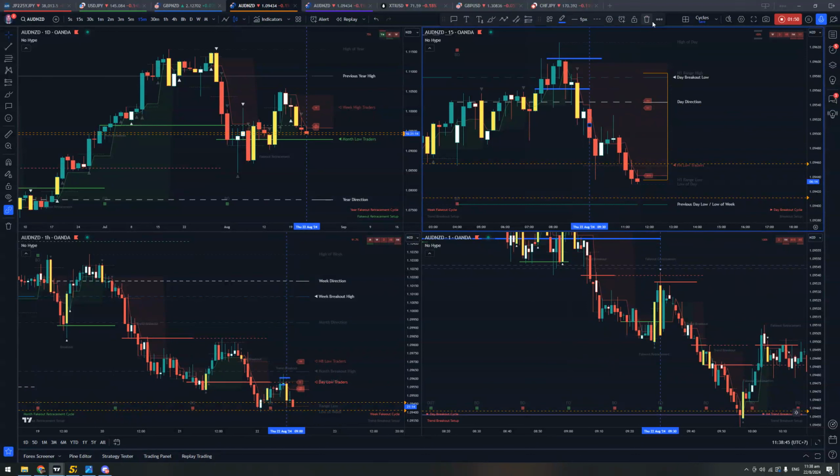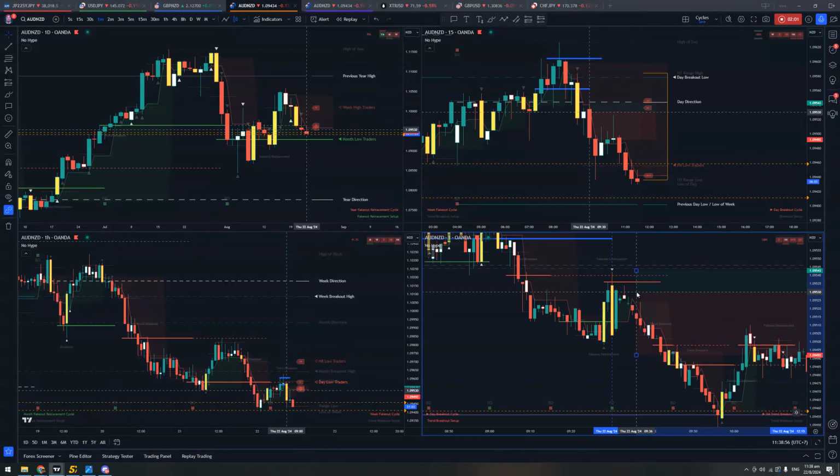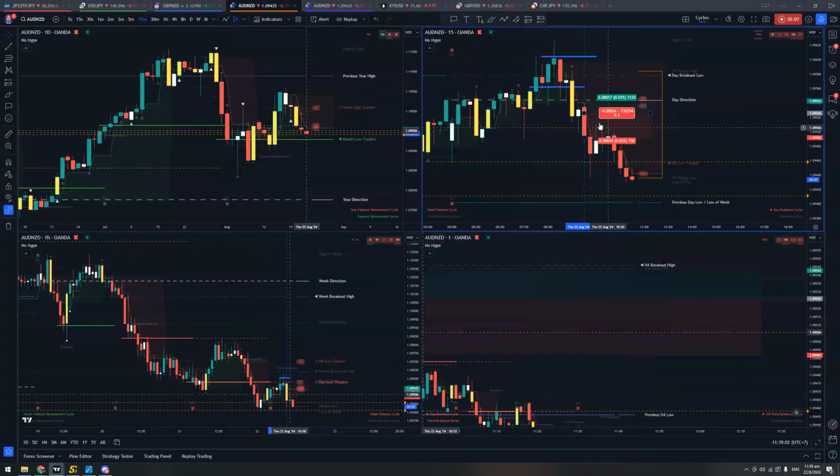Once it triggered, I just entered straight off the M15. I think these days I'll be trading based off the M15 levels. So got that fake out at the M15. Once that happened, I had a look, it dropped down, came back up, and I entered probably at this fake out bar. Stop loss at the high of